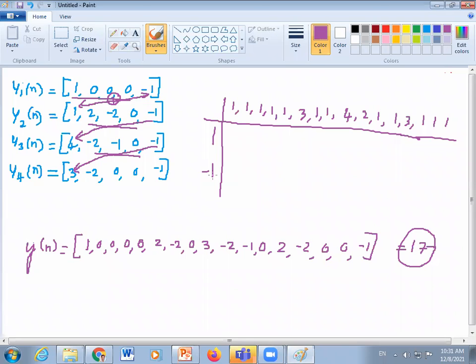Yes, have you got the answer? Yes, sir. Is it the same? Yes, sir. Same answer. Okay, so this is the way we can solve the examples related to the overlap add method. Now we will take up the same example with the overlap save method. Any question here for this part? No, sir. Can I proceed to the next one? Yes, sir.